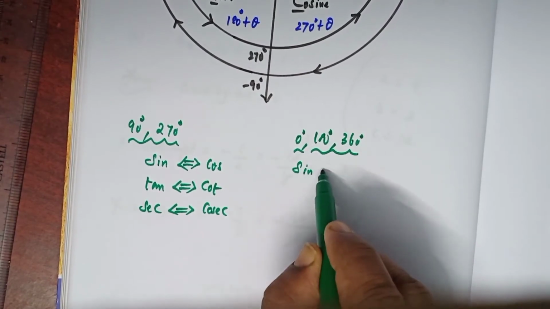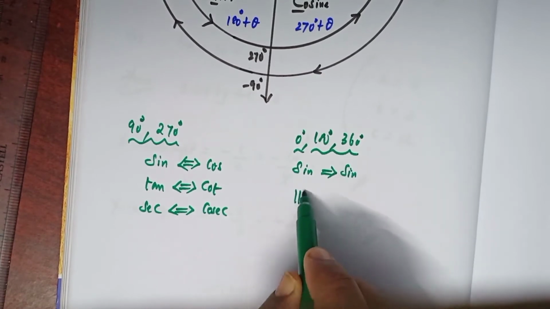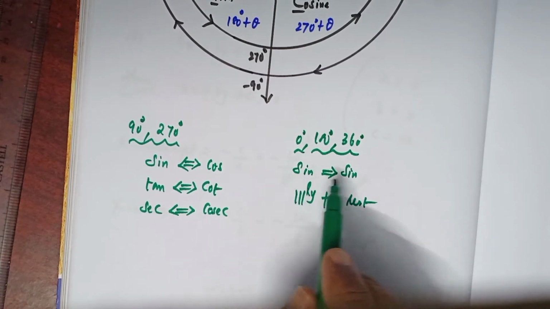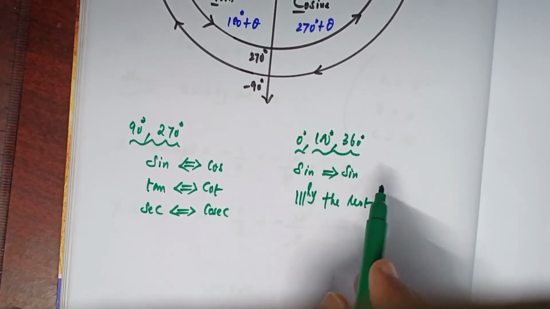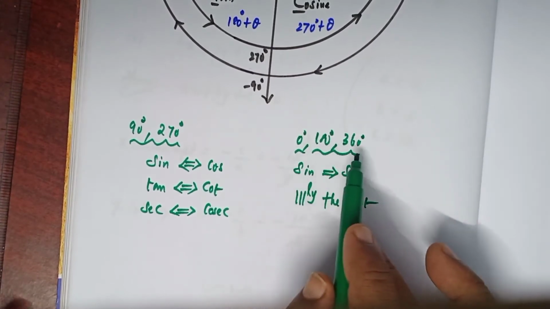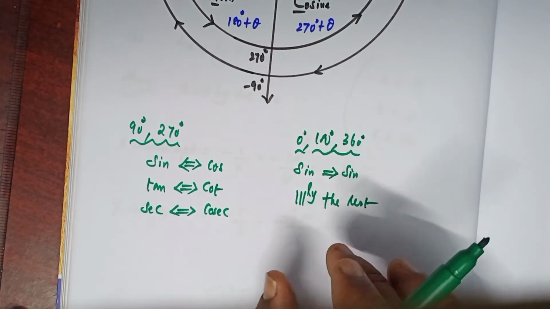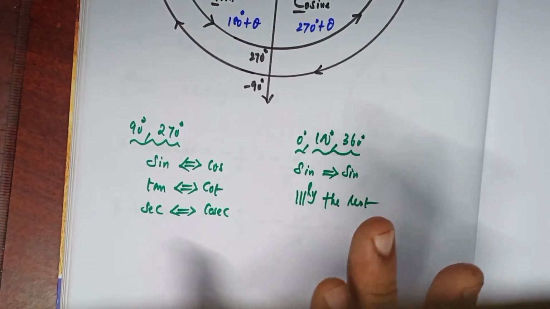Sine becomes sine only. Similarly the rest. Cos becomes cos, tan becomes tan, cosecant becomes cosecant, secant becomes secant, cot becomes cot, particularly for 0 degree, 180 degree and 360 degree. So while working out the problem, you can understand the concept very well. Now I get into that